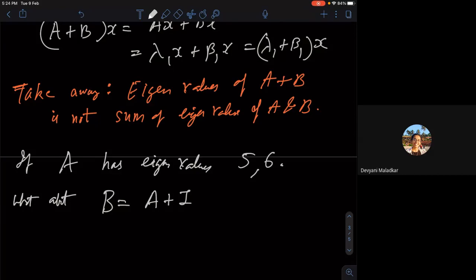What is its eigenvalue? Six and seven. Yeah. Is this clear to everyone? Why is this true? We can argue this because